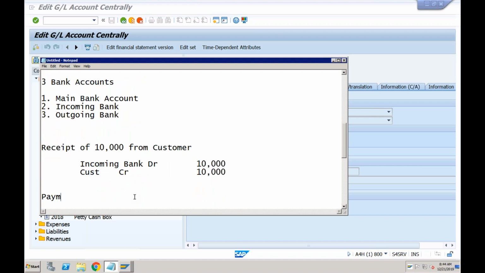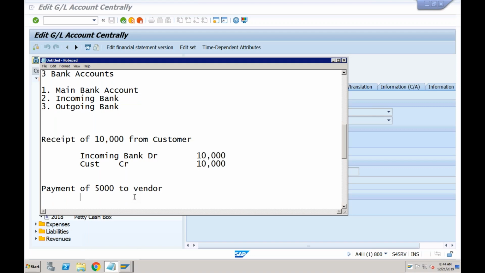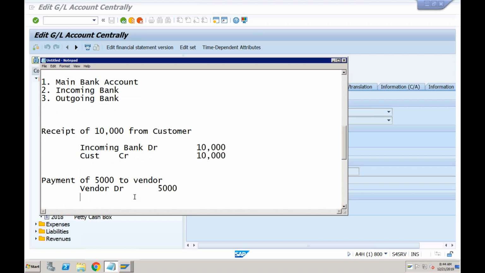Then you made the payment of 5,000 to vendor. So whenever you are going to book this transaction, your vendor will get debited with 5,000, and credit will be done to outgoing bank account.